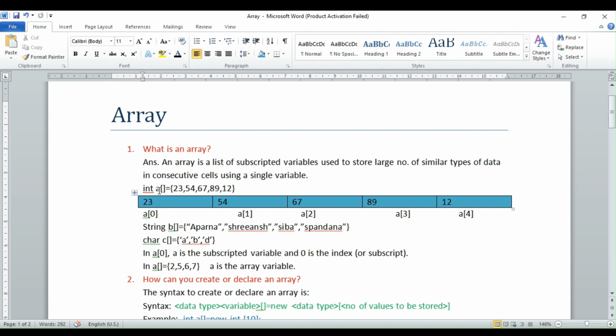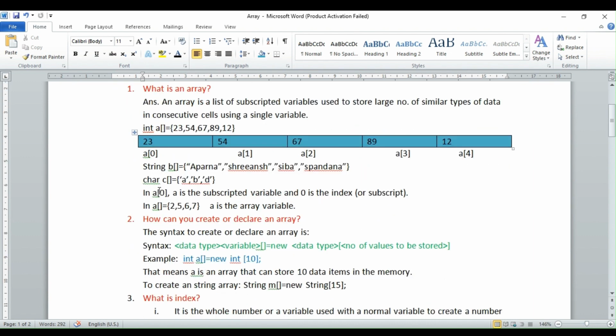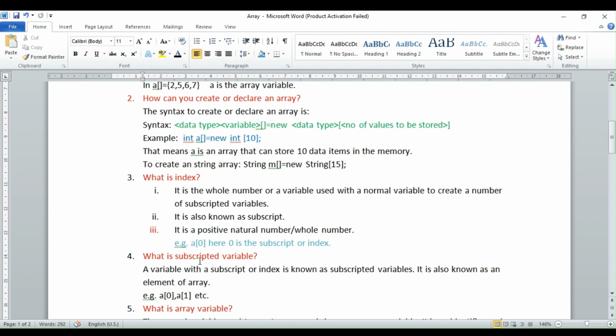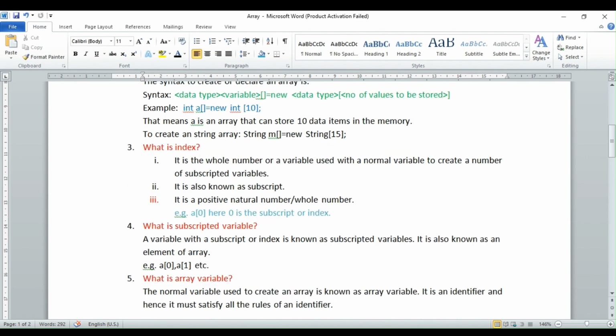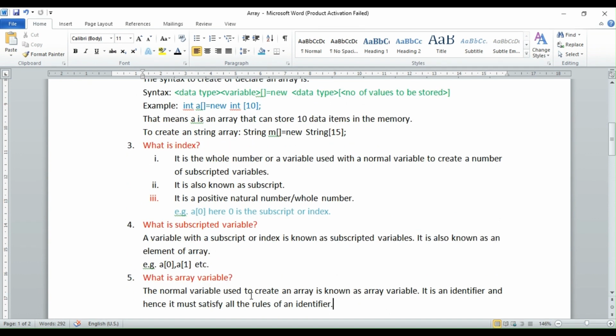So A is the array variable. Here in the declaration of the array, A is the normal variable, but it is used to create an array of 10 elements of integer type. So A is known as an array variable.